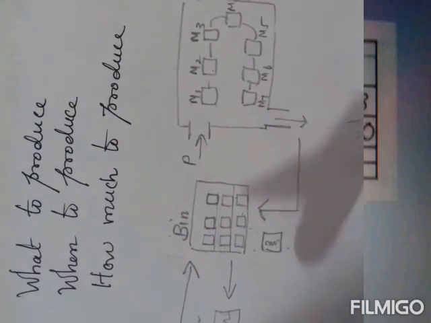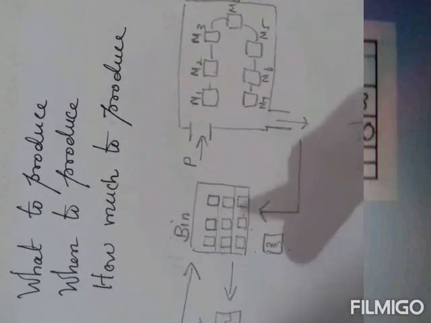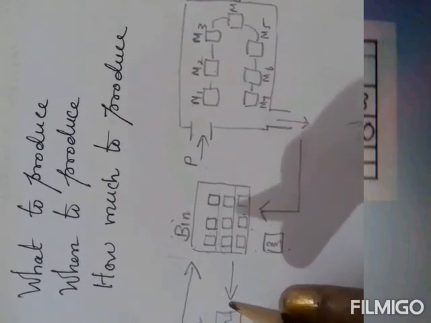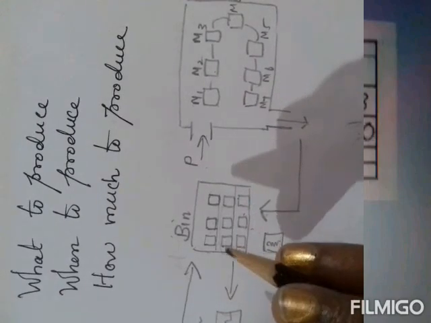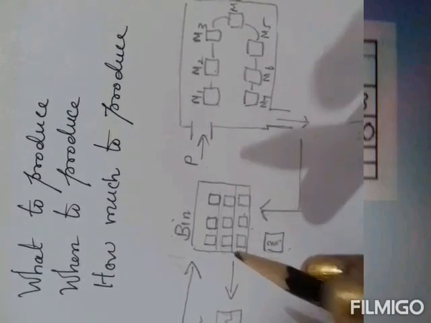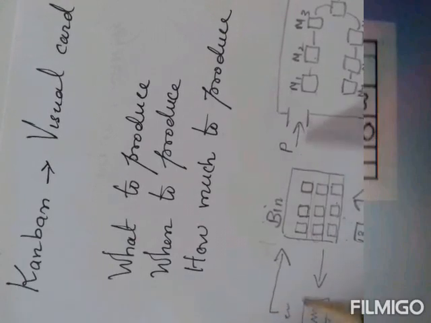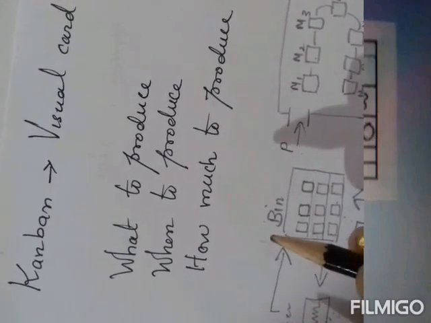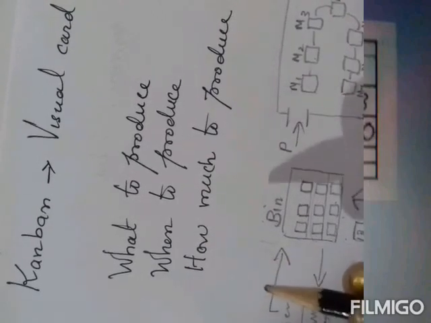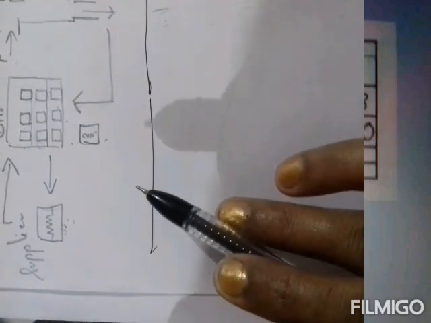Now I would like to summarize what is JIT and what is Kanban. JIT is just in time. Just in time is an inventory management strategy. One of its elements is Kanban. And Kanban is a pull or demand type of scheduling system, usually in the form of a card or bin or pallet or boxes. JIT uses Kanban as a means to prevent inventory related cost. Together they make it possible to have the right material at the right time, at the right place, and in the exact amount.